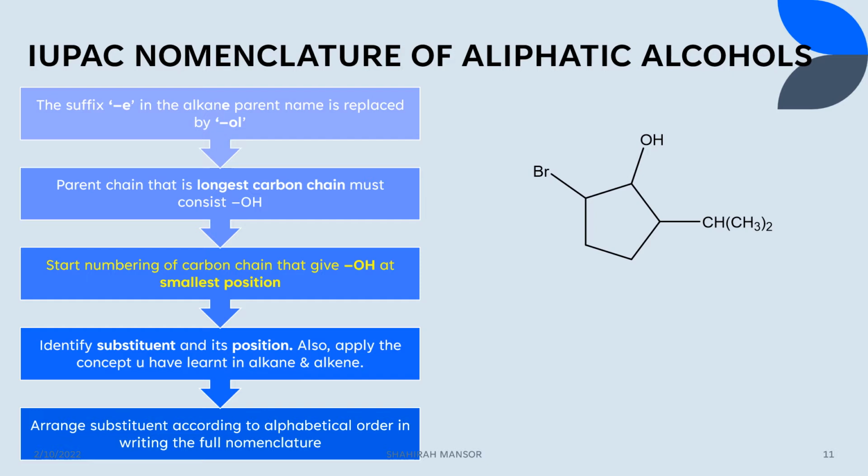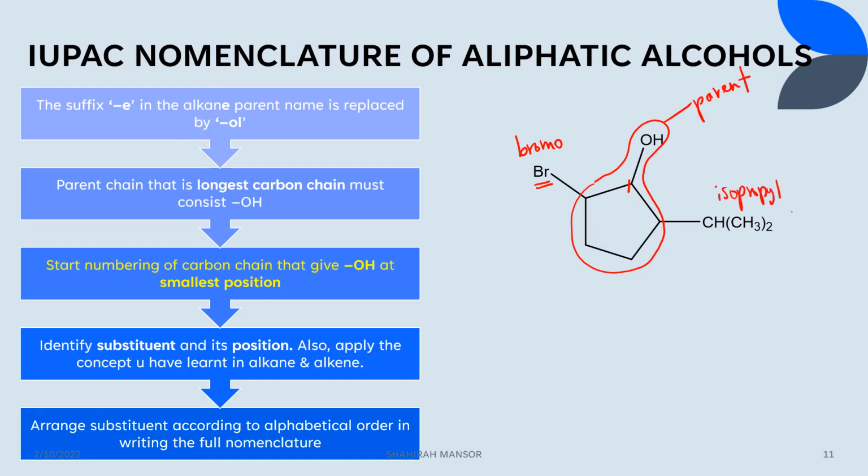How about this alcohol? Which one will be the parent chain? Okay, so here we have cyclopentane with OH. So of course ini adalah parent chain kita. Okay, sebelah ini parent chain maksudnya this carbon will be carbon number 1. Okay, so which carbon akan jadi carbon number 2? Ke kiri ataupun ke kanan? So at first kita tengok dulu dia punya substituent. So ini kita ada bromo. Okay, yang sebelah kanan kita ada